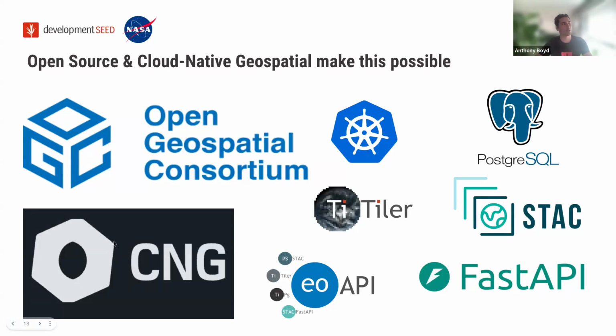Here in the bottom left, this might be a logo unfamiliar to some, but CNG, or Cloud Native Geospatial, is a group that's pushing cloud native geospatial data formats like Zarr and COGs, GeoJSON, all those file formats. Because this data is already in a cloud native format and we're serving it up through a standard OGC API, that last 10%, that last leg of adding a prototype front-end visualization, became much more simple. And it also means that this data is much more interoperable.